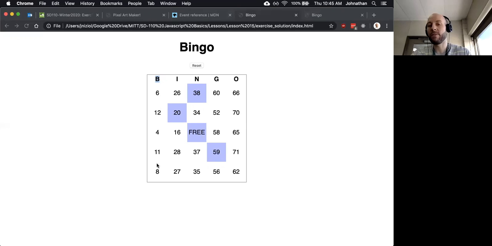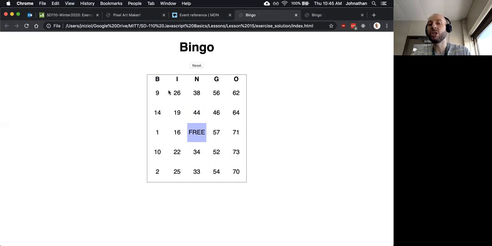So if this column is printing out random numbers between 1 and 15, you will never see any number appear more than once. So I can refresh this page as many times as I want to generate random numbers, and the numbers never appear more than once. So 8, 10, 7, 15, 11. There's no other 8 that's going to show up on here, only 1. And so that is one of them. These two problems are two of the major problems that you're going to have to solve